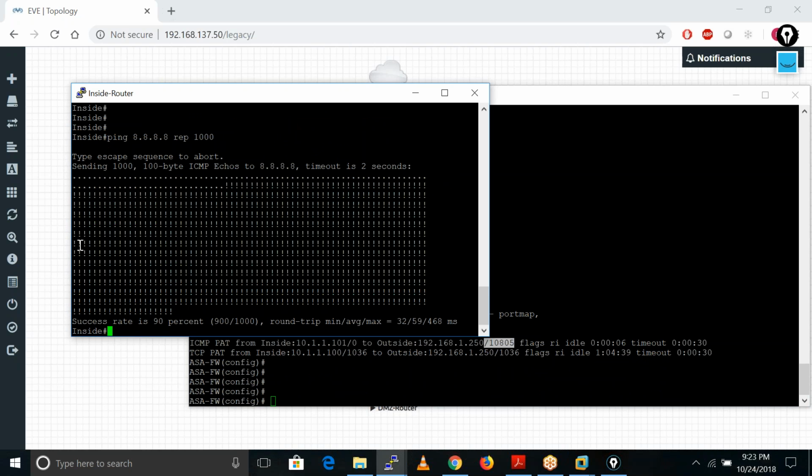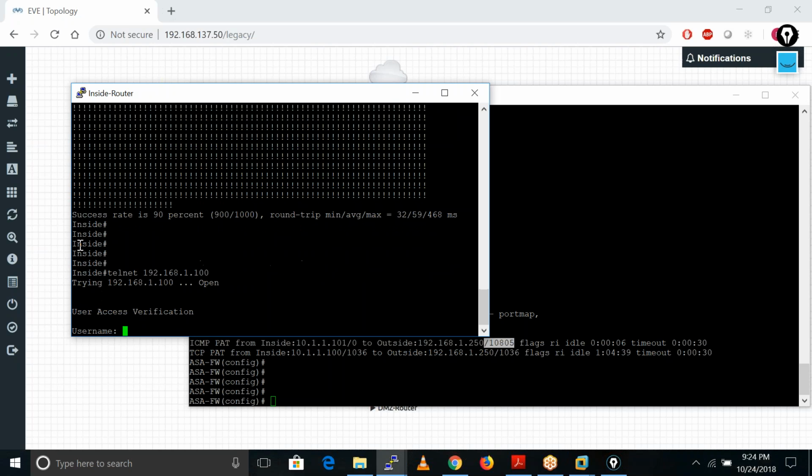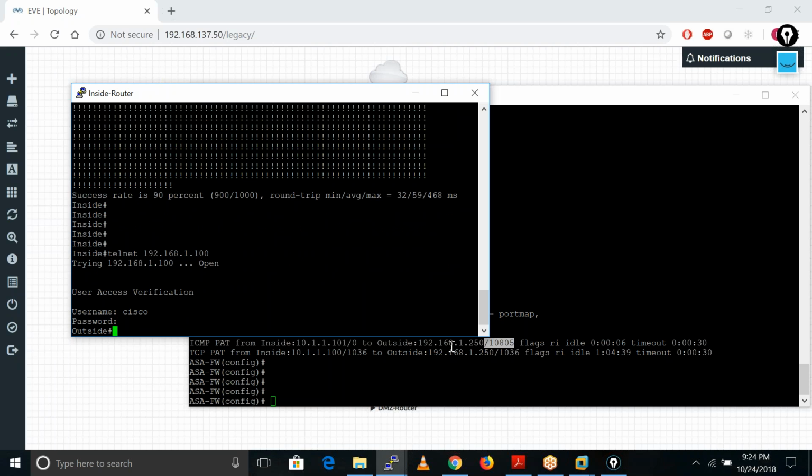Now let me initiate some traffic, some telnet traffic, towards my outside server, which is 192.168.1.100. So I get the access.